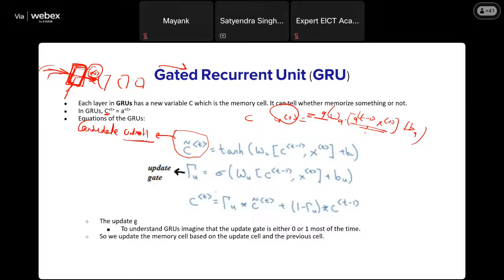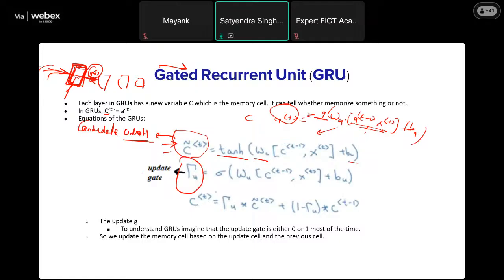That this is the candidate which should be updated or not, or whether this should be memorized or not. It is the same as before: the new weight matrix WC is involved, plus adding bias, passing to an activation function gives you the candidate context vector. Now, whether this new context vector should be used or the previous context vector should be used. For that, you have a gate,